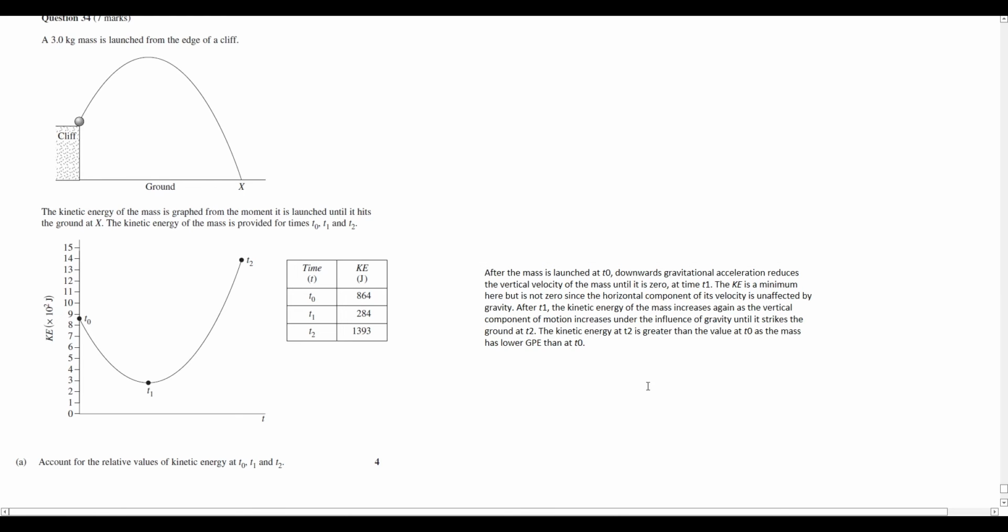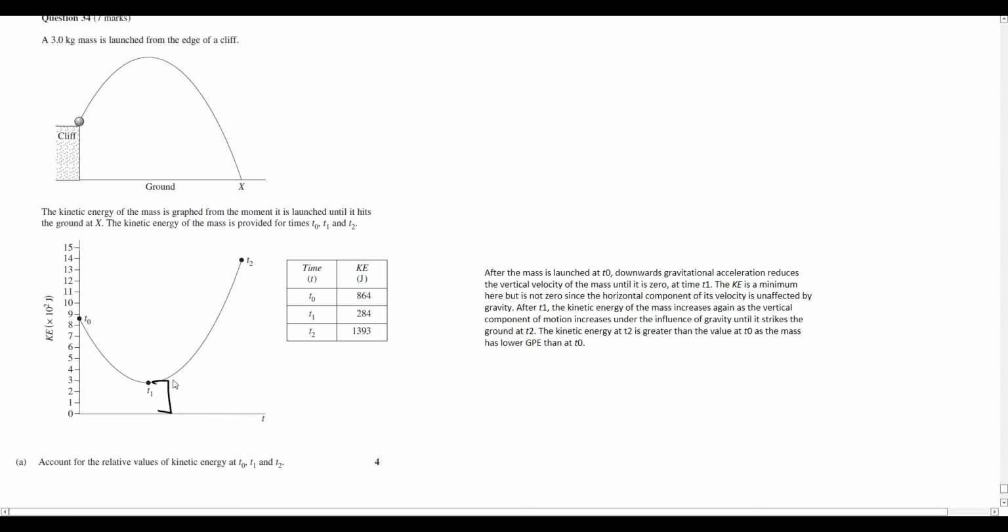So using their answer, it says, after the mass is launched at T0, downwards gravitational acceleration reduces the vertical velocity of the mass until it is 0 at time T1. So yep, that's pretty much what we've said already. So the kinetic energy is a minimum here, but it is not zero since the horizontal component of its velocity is unaffected by gravity. And that's why we see on our kinetic energy graph, it doesn't hit zero, it still